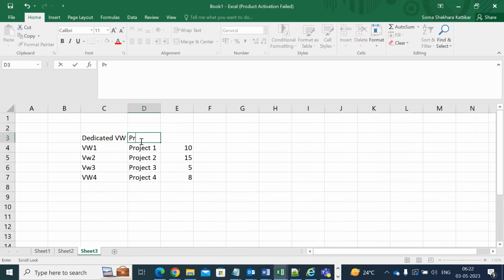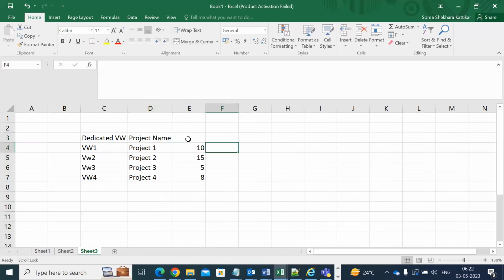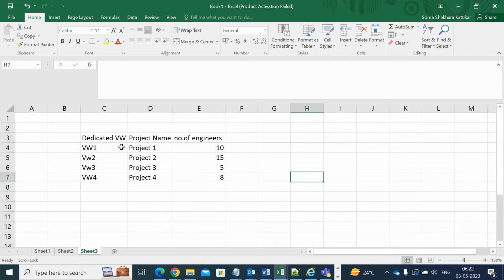This is the project name, and the number of engineers. Yes, we have these many projects and these many virtual warehouses and these many